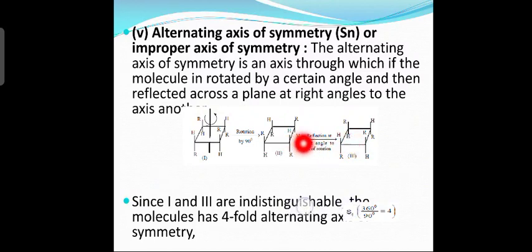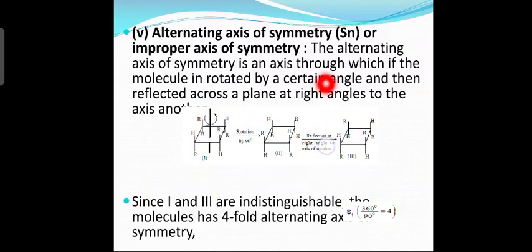You reflect. Reflection, you get what? A mirror image. The same mirror image of the second molecule you will get. That means RH is facing towards RH, HR is facing towards HR, and on the other side you have HR, RH and then RH. So you will get a mirror image. And when you compare the first molecule and the third molecule, both are one. Do you have the same structure, first and third molecule? Yes, correct: R and H, HR, RH and then HR.